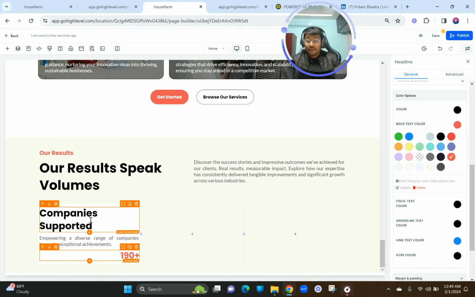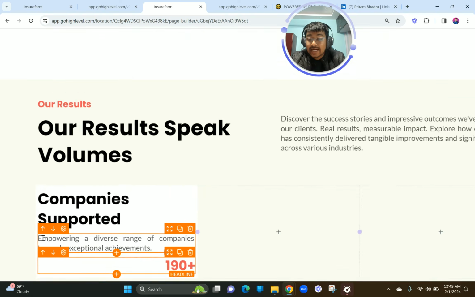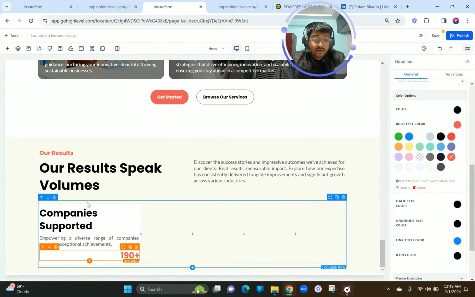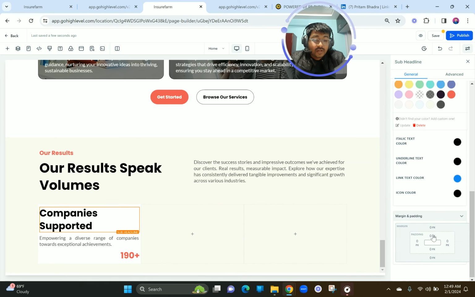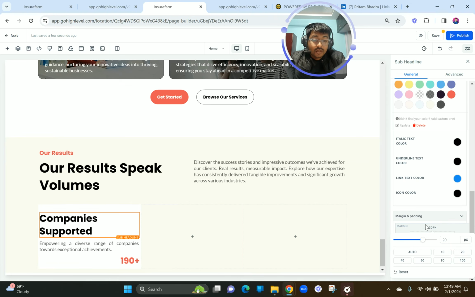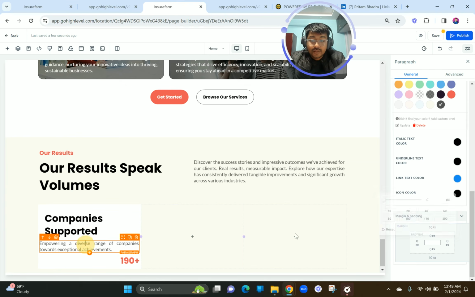However, we do not have the padding that we needed, and it's going to be hard work. So make sure you do not start creating these new sections or new columns. We're basically going to copy it and use the hard work that we already did. Okay, so for this we are going to definitely work hard, and we're going to add like 20 pixels on this. We're going to have a padding of 20 pixels on this. We're also going to have padding of 20 pixels on this,